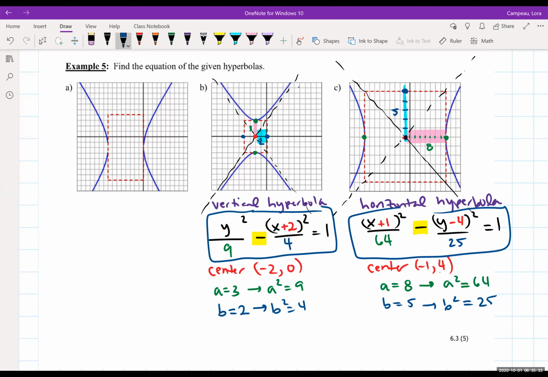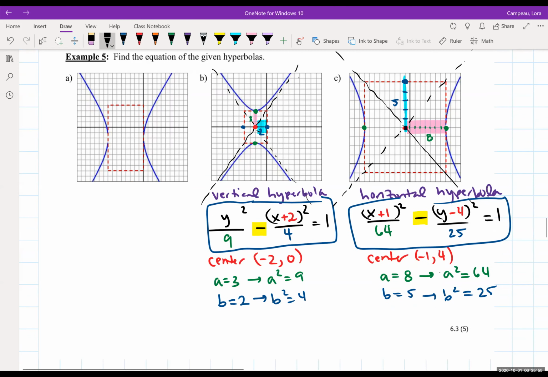So this should set you up for this problem. I do want to point out one more thing to you. Eventually, they're going to ask us for equations of the asymptotes. And it's not necessarily something you have to memorize. You could look at the formulas, of course. But I would like to say a and b have a lot to do with the slope of the asymptotes. So if you don't mind, I'll just give you an idea here. The slope of the asymptotes,